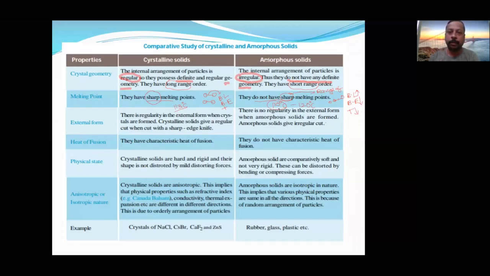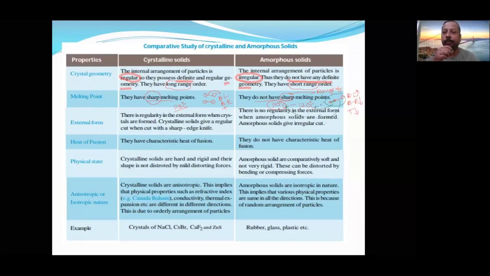The bond which I am pointing out is going to melt at what temperature? 110 degrees. But here it is opposite. Bond length is less, so bond energy will be more. Therefore, it will start melting at 120 degrees Celsius. Even though all are in one solid, they do not start melting together. Their melting will start at different temperatures.